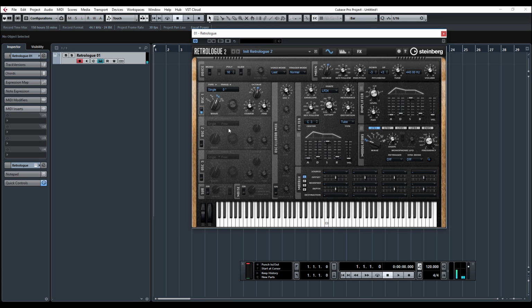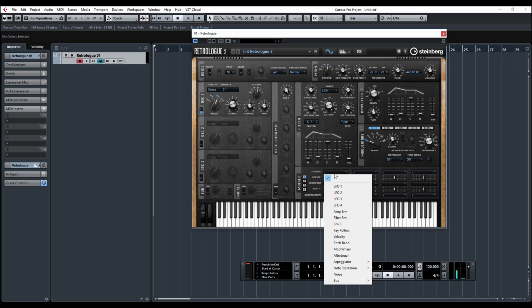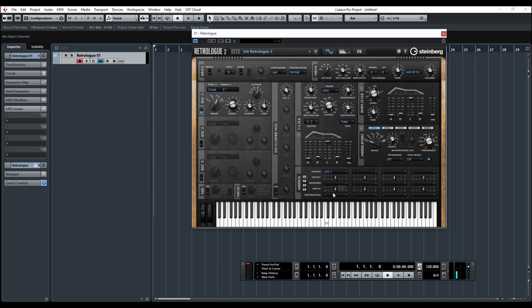Okay, so nice to have the sync and cross modulation. Like I said before, with 2 oscillators and a sub oscillator, it was kind of nice, and you could make some great patches. Obviously with these new types of sync and cross modulation, you're going to be able to get some much more complex sounds, and of course we should be able to modulate each of these with, let's go LFO 1